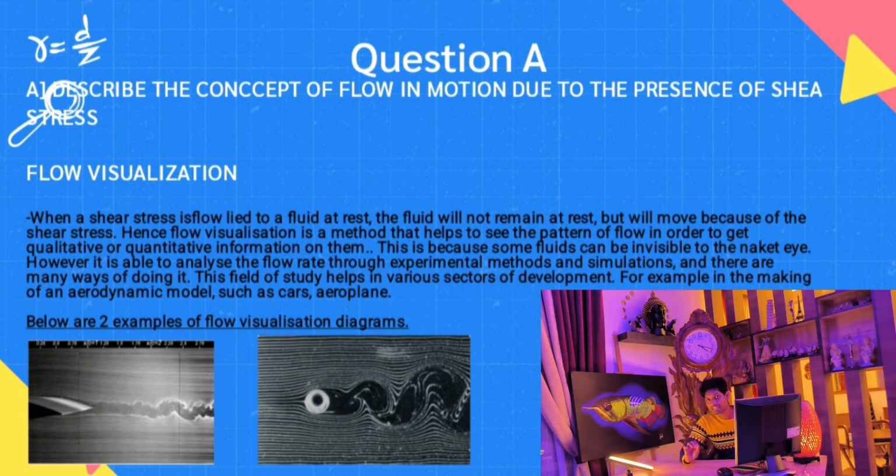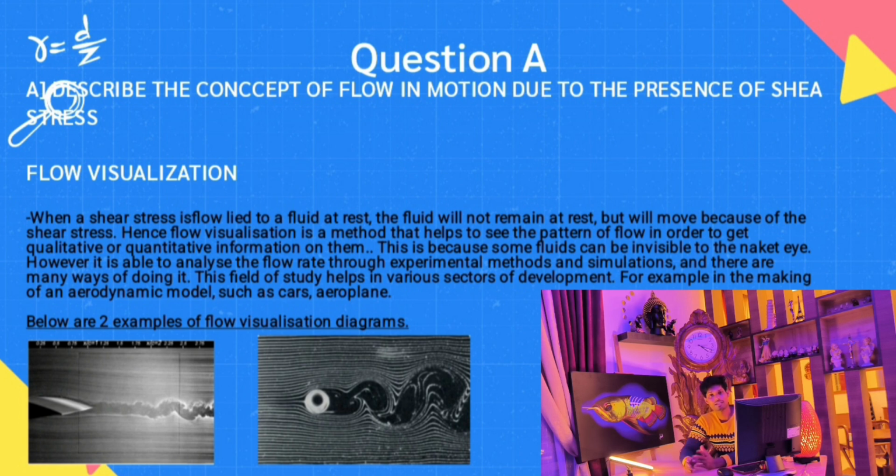It provides us with qualitative or quantitative information of flow patterns. Broadly speaking, visualization techniques can be classified as experimental and computational. Computational methods involve conducting an experiment by a computational simulation, while experimental methods are done manually. So for example, the example that I gave you earlier about the fish in the aquarium can be said to be an experimental method, because that is something that we do manually, right? However, there are many types of experimental methods, but they may be time-consuming, less accurate, and cost a lot of money. But anyhow, with that being said, I'll just move on to the second aspect of the presentation and talk